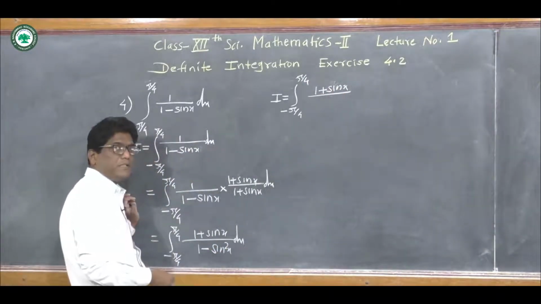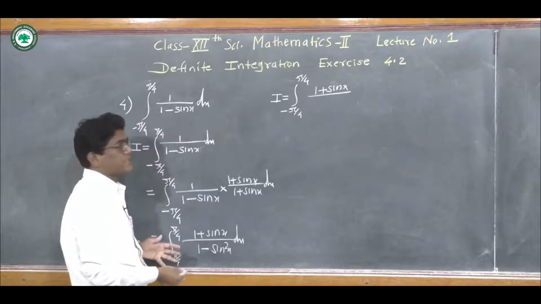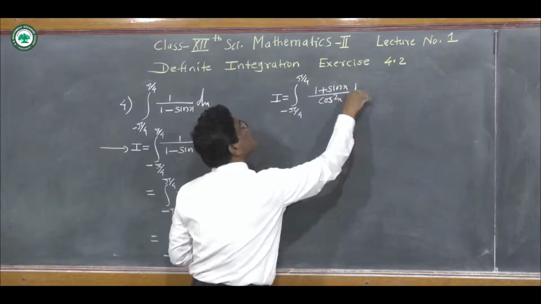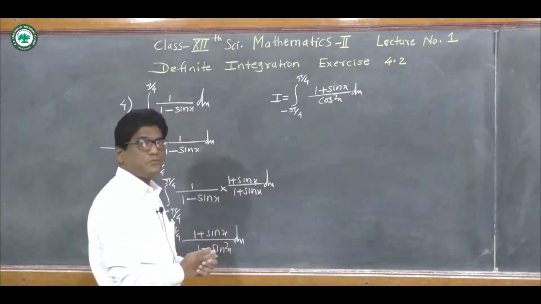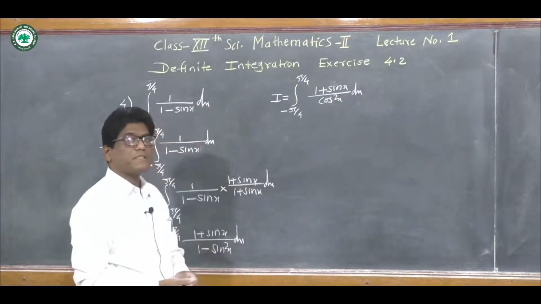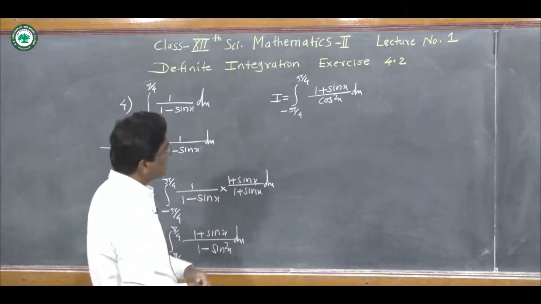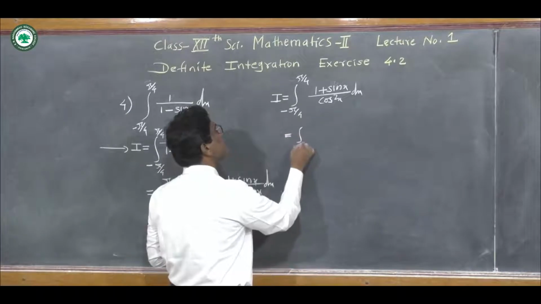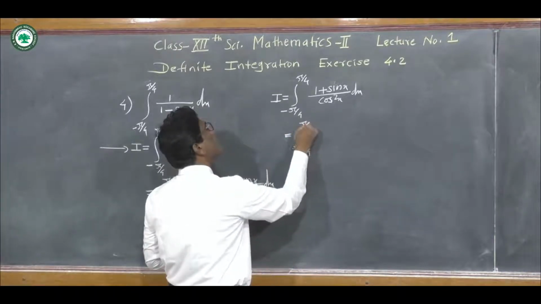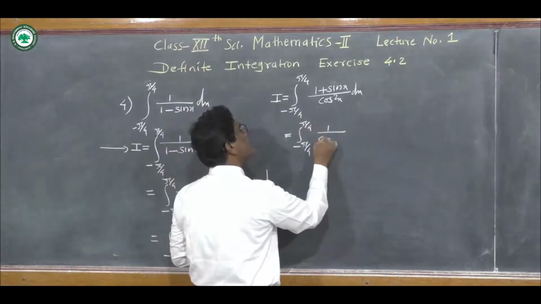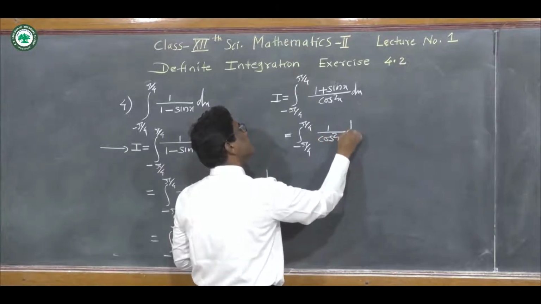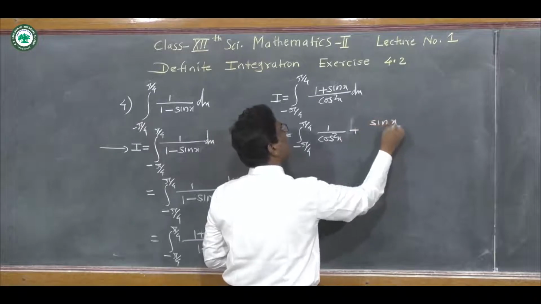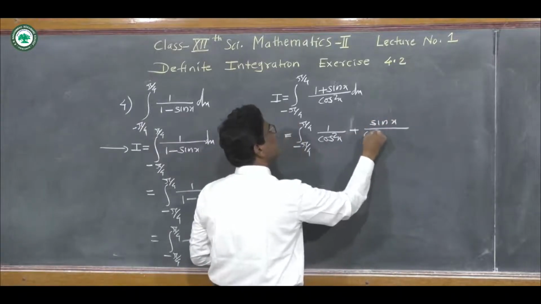Using the first fundamental identity we put cos square x. So it is cos square x, because the first fundamental identity is sin square x plus cos square x is equal to 1, and so we get here 1 minus sin square x is equal to cos square x. Now take the separate division. So it is equal to integration from minus pi by 4 to pi by 4, 1 upon cos square x plus sin x upon cos square x, we write cos x into cos x,